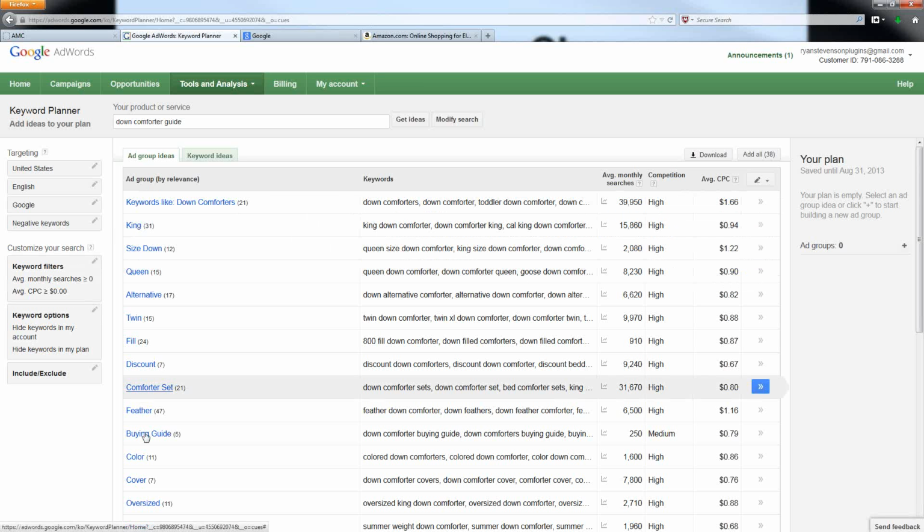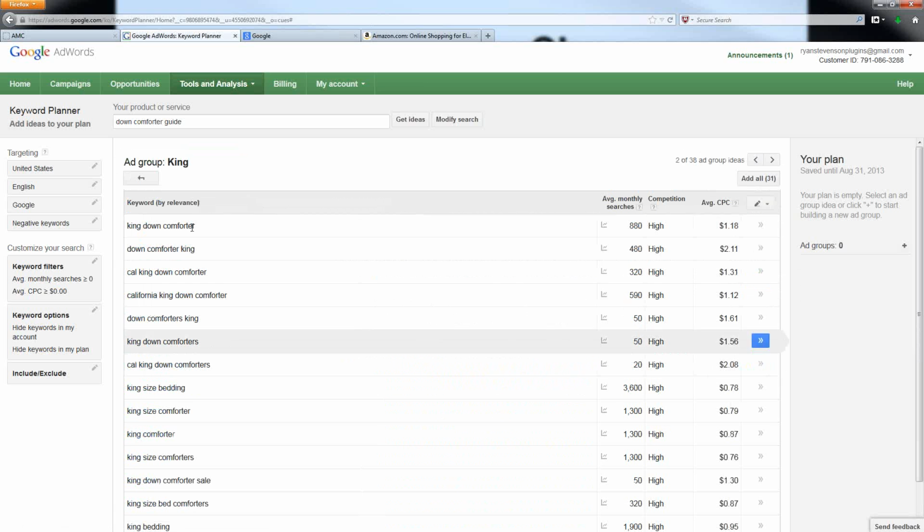You could begin by simply running through all of these ad group ideas and making a list of the ones that you think might be relevant for your website. But then once you've done that, go back through your list and expand each of these ad group ideas and look at the actual keywords that it is showing you here. This way you can pick out a specific keyword phrase that you will decide to target on a particular page